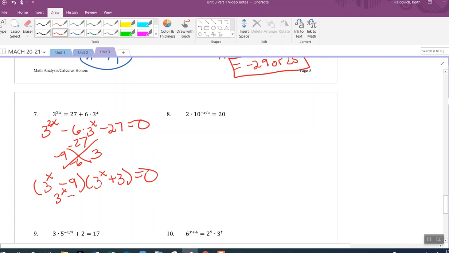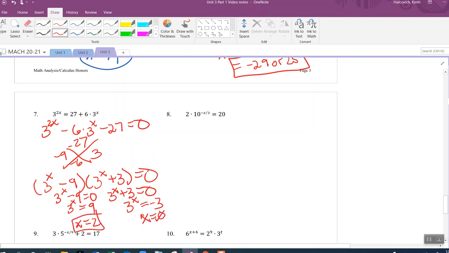So 3 to the x minus 9 equals 0, 3 to the x plus 3 equals 0. So 3 to the x equals 9, x equals 2. And 3 to the x equals negative 3. That is not possible. So therefore, the only answer